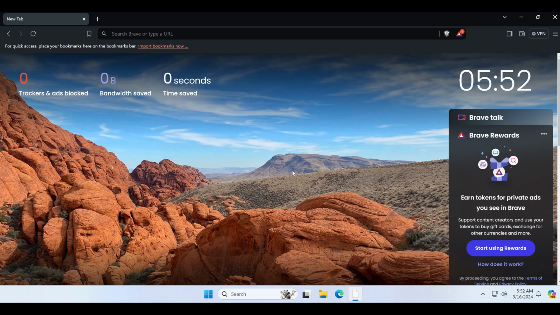Now, the default settings in Brave are pretty good when it comes to privacy protection, but we can make things a lot better. One of the cool things about the Brave browser is that you can actually install Google Chrome extensions. So if we head over here to the web store,